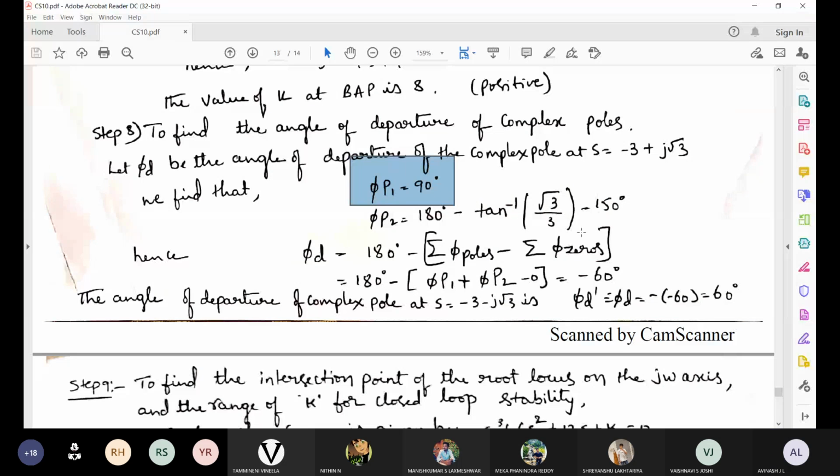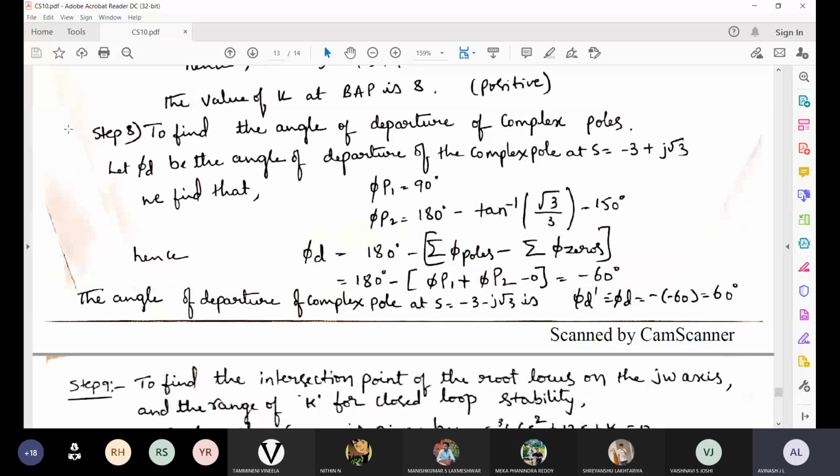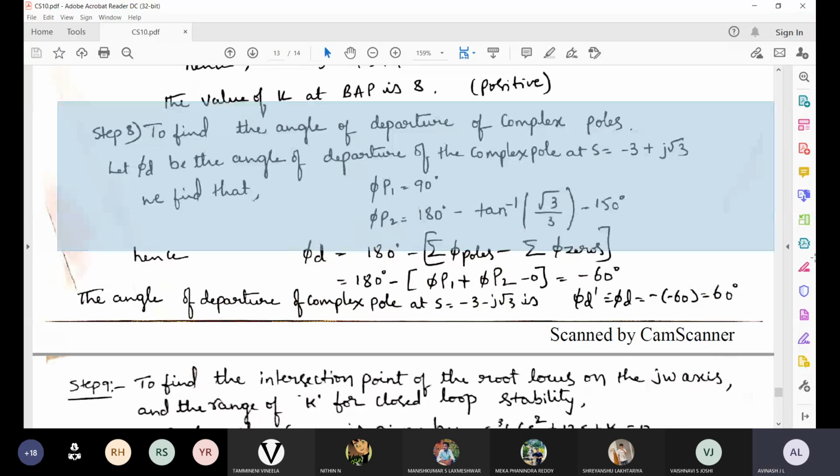Once it comes 150 degrees, phi d will be equal to 180 degree minus summation of angles of all poles, minus summation of angles of all zeros. So if you take this particular scenario, phi d will be equal to